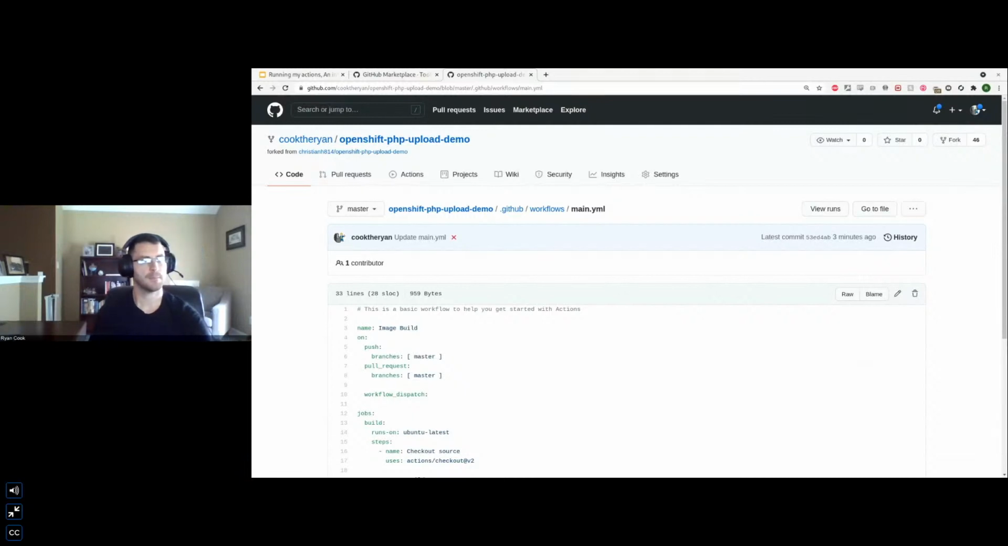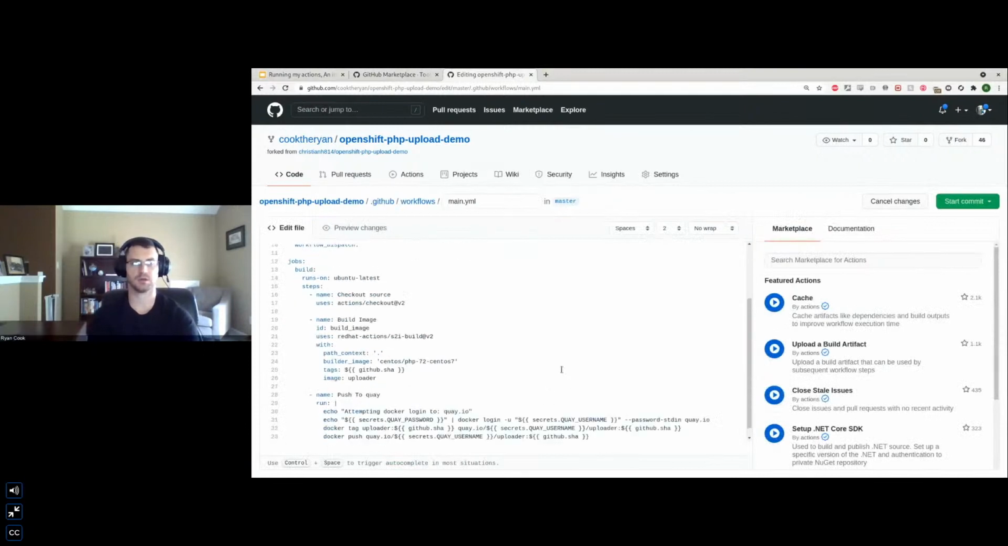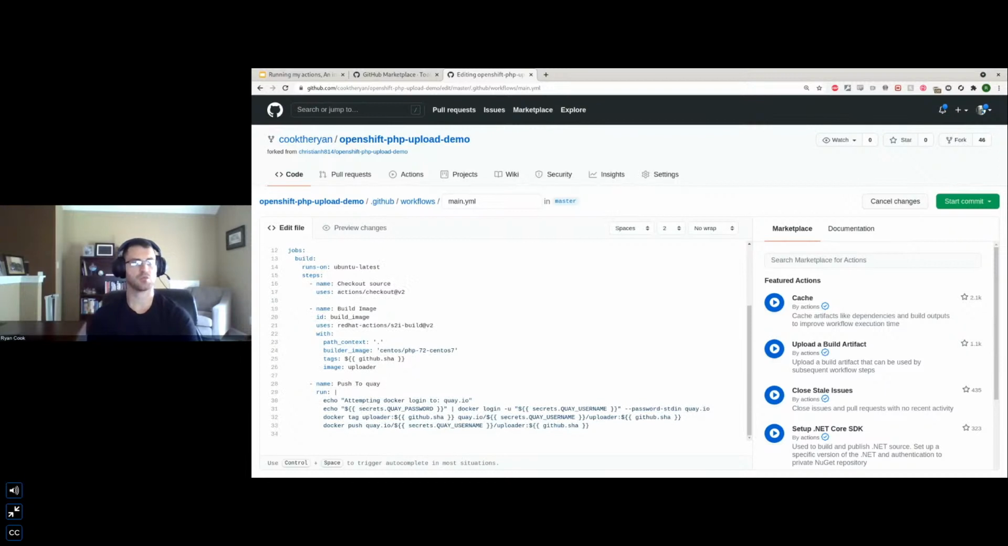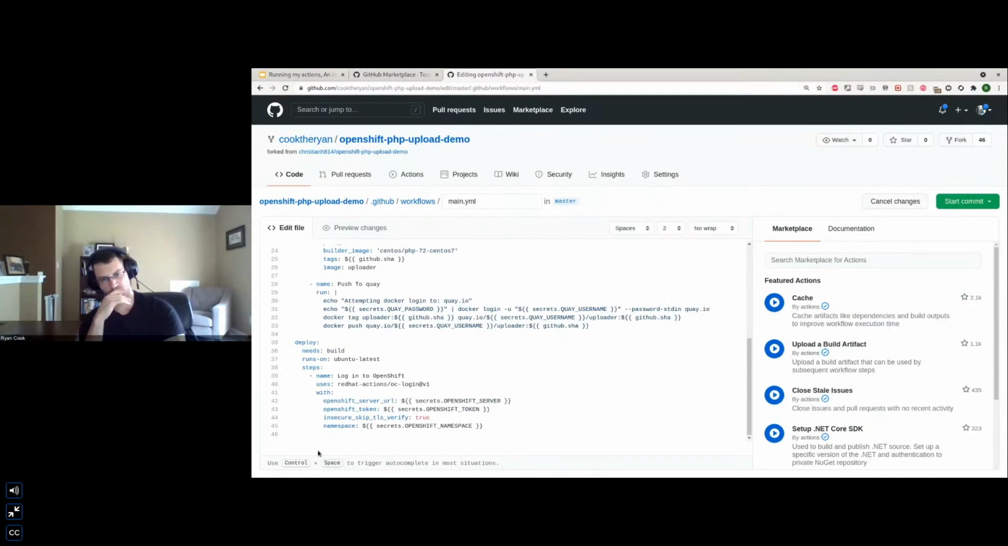You remember that first slide I showed really early on where we saw the build step and then the deploy step? Right now, we're actually going to do the deploy step. We're going to piece it together similar to how we did with the build and then the push. Right now, we're just going to build the image, push it to Quay, and then we're going to log into